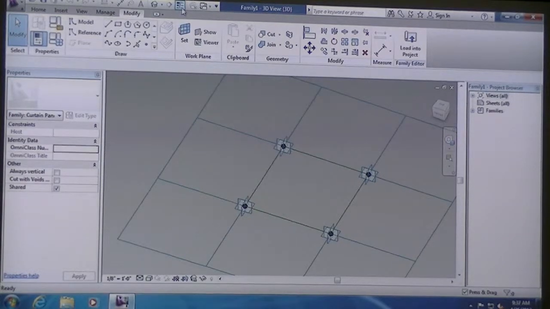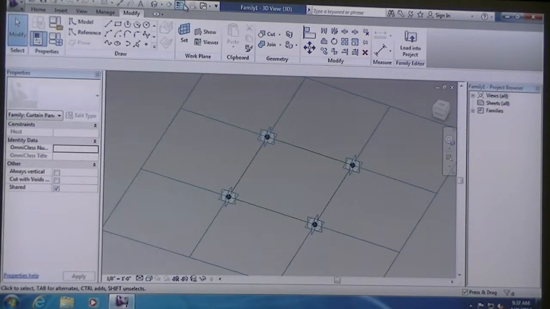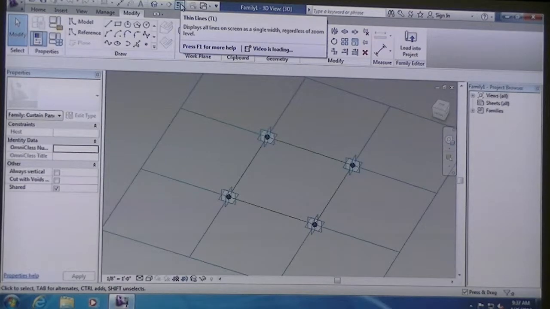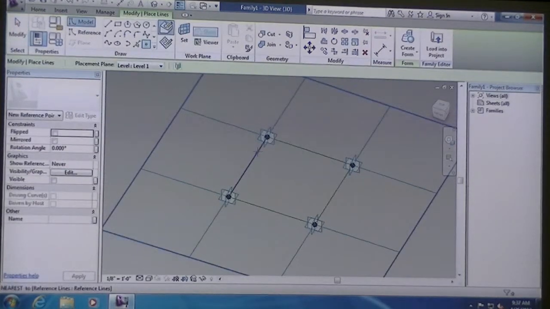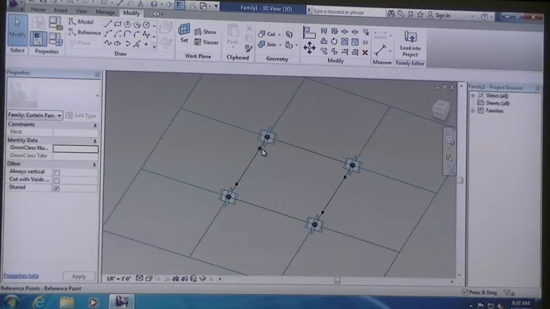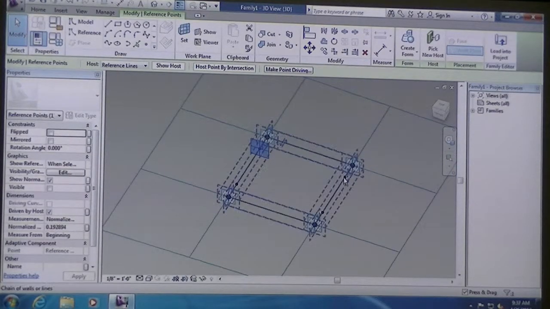So I'm going to turn off my line weights here just by using that thin lines command at the very top. And I'm going to actually put in 4 points along, I guess you'd call these eventually the posts. And I'm just going to make each of these points